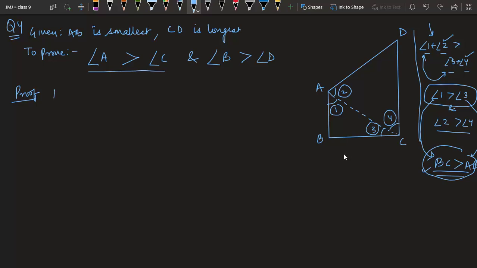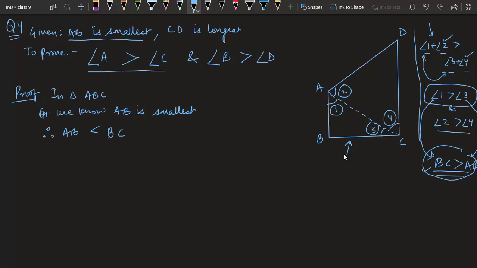So first of all, let us see triangle ABC. Our first motive is with the angle 1 and 3. I want to prove angle 1 is more than angle 3. For that, I have to use this given thing. AB is smallest. What does that mean? Given to us, AB is smallest. If AB is smallest, that means obviously we can say AB is less than this side BC, because it is the smallest side, so obviously it is less than BC side.